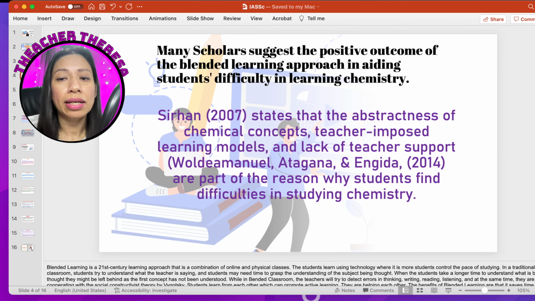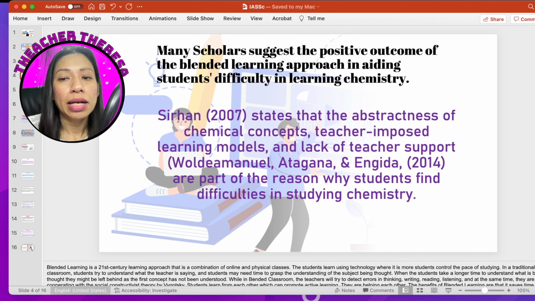When students take a longer time to understand what is being taught, they might be left behind as the concept has not been understood. While in a blended classroom, the teacher will try to detect errors in thinking, writing, reading, listening,